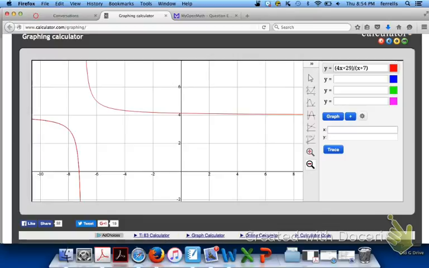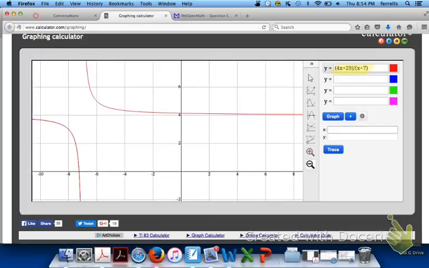Alright, so here's what your graph looks like, and this window certainly is not the best window, so I would encourage you to also look at your own graphing calculator, and you're going to see the same shape, but it's going to be in a better window for you if you leave it in a standard window. Notice that when I entered this again, I made sure that I put my numerator in parentheses and I put my denominator in parentheses. Okay. Now, also keep in mind